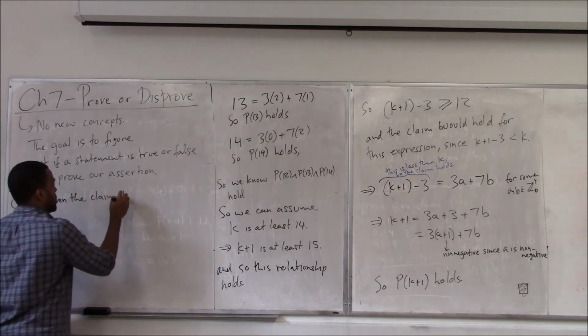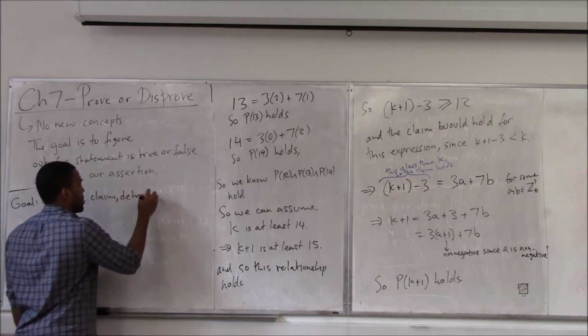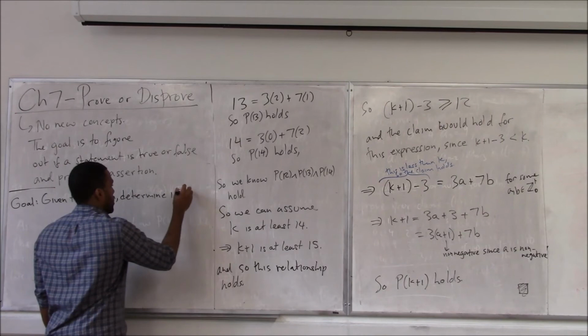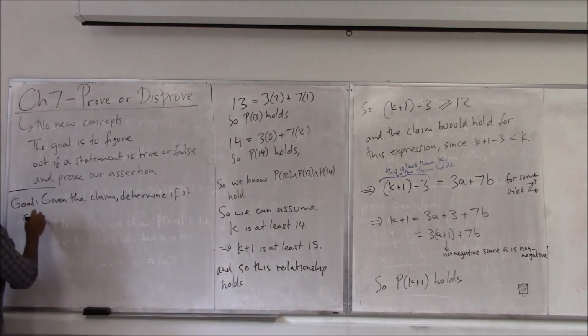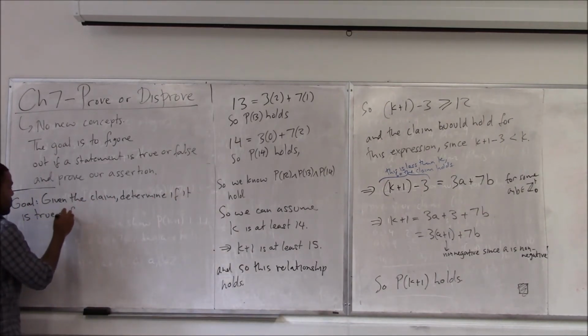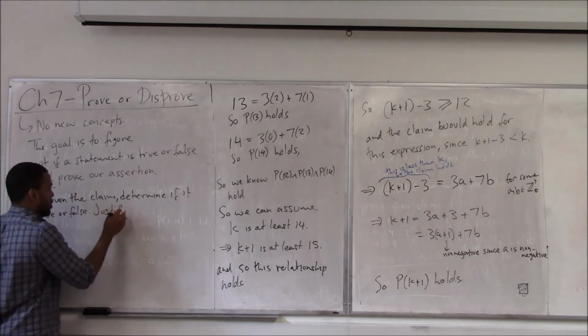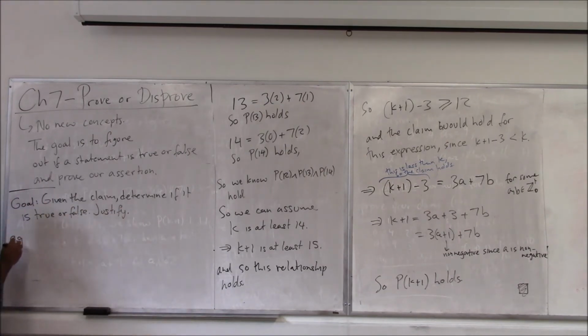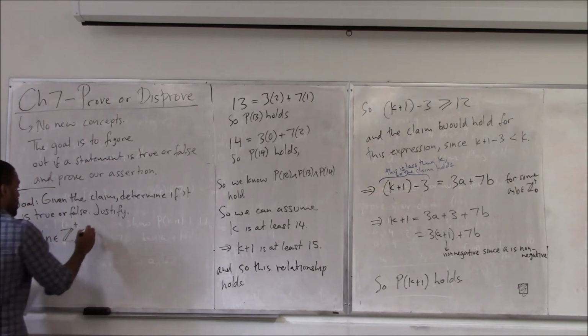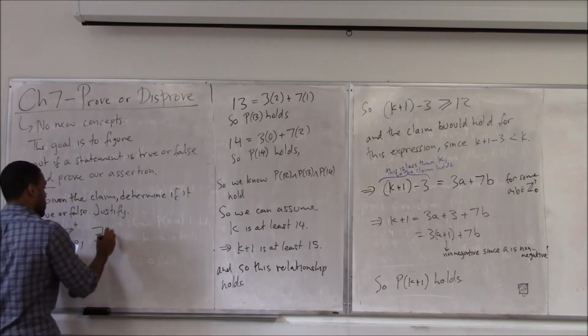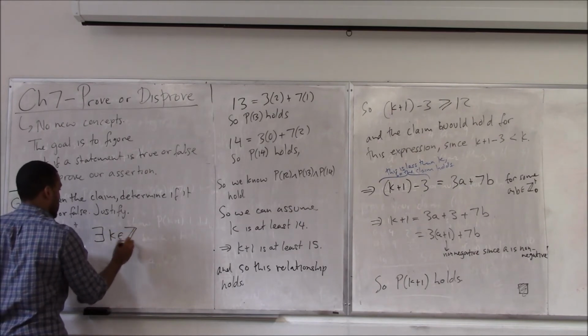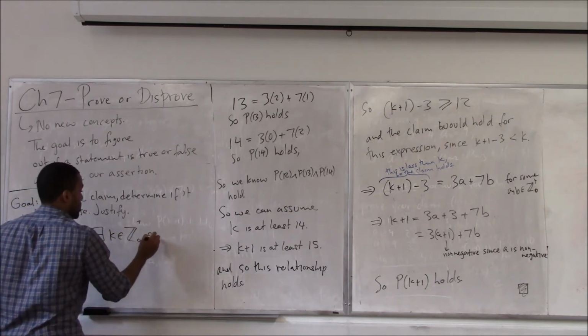Given the claim, determine if it is true or false, and justify. Of course, justify by proof where necessary. So here, for all non-negative integers that start from 0 and are positive, there exists another non-negative integer such that